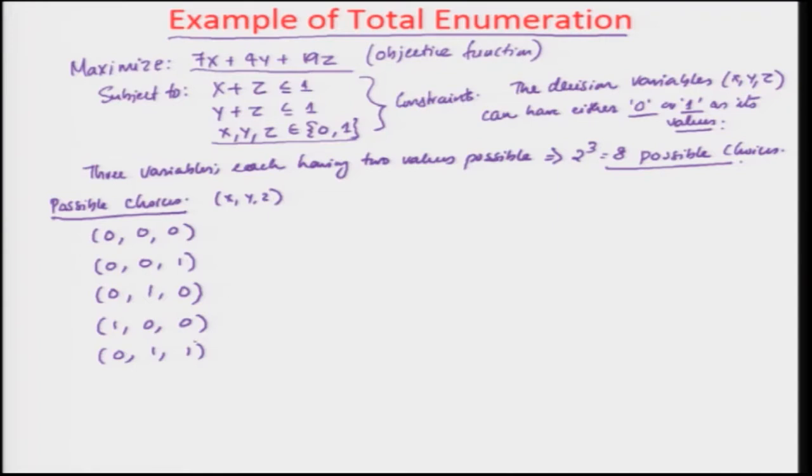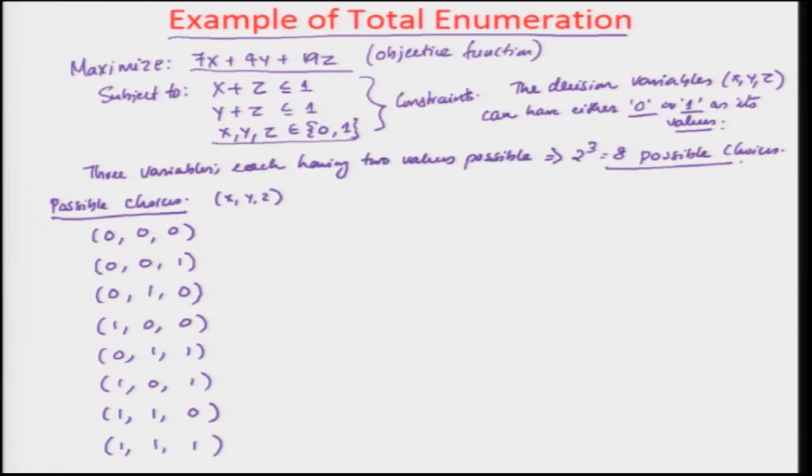So, it is 2, 4 and 5. Then the other value that is possible is 1, 0, 1, with x and z taking 1 and y taking 0. Then the other value that is possible is 1, 1 and 0, right. And so now you have 2, 4, 6, 7, and the last possible value is all taking 1, right.